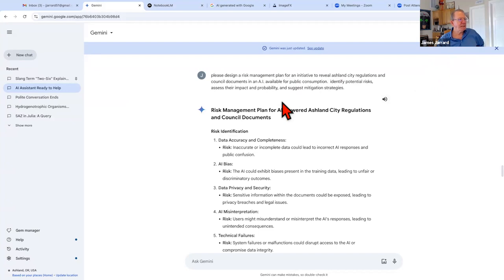I gave this prompt to it before as a prep for the session. Please design a risk management plan for an initiative to reveal Ashland City regulations and council documents in an AI available for public consumption. Identify the potential risks, assess the impact and probability, and suggest mitigation strategy.